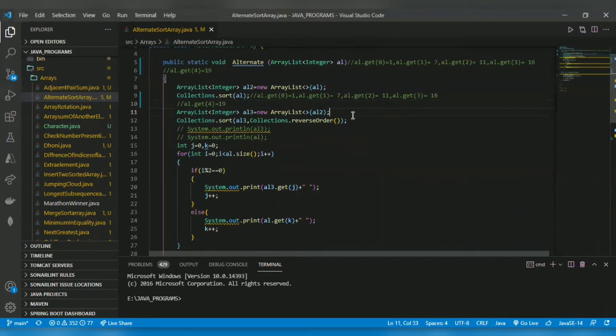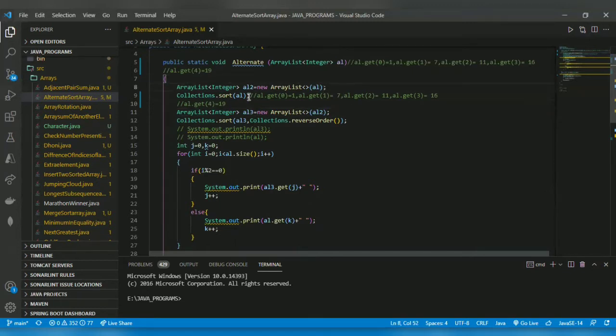Then I declare another array list al3 and copy the values of al2 into al3.